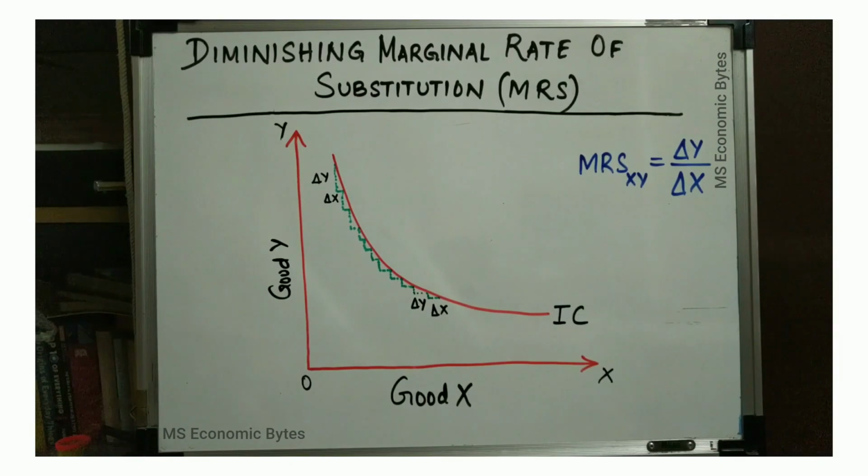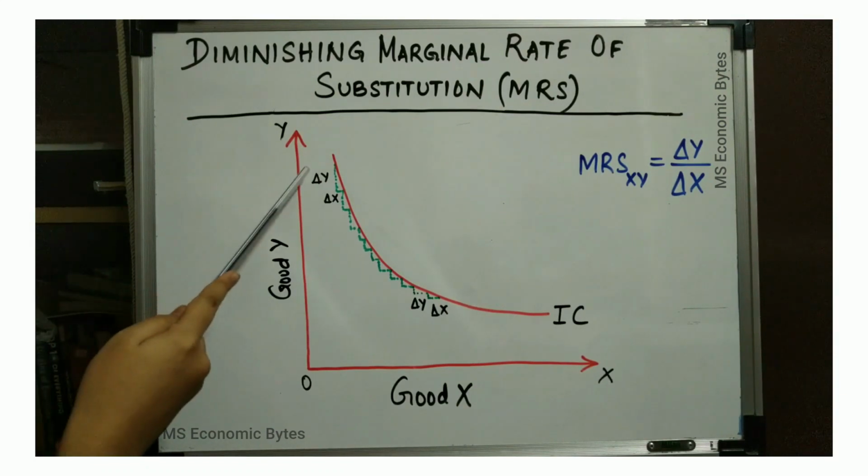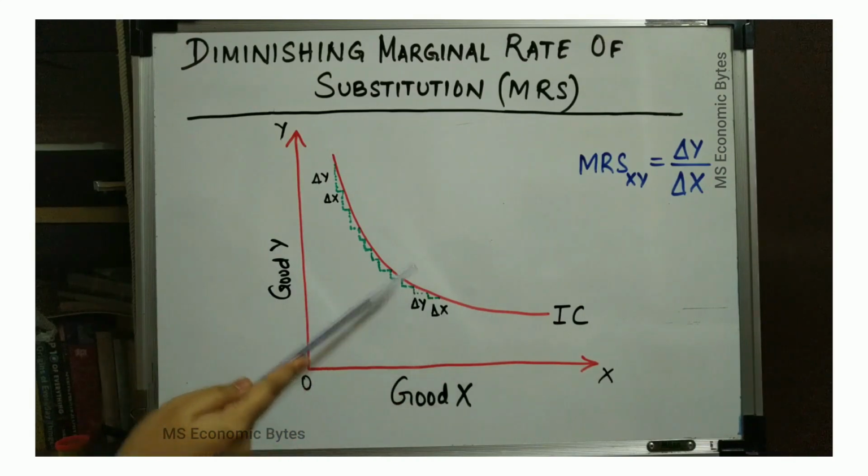Another important concept related to the marginal rate of substitution is the operation of diminishing MRS. The operation of diminishing MRS is responsible for the downward sloping nature of the indifference curve. This operation states that as a consumer consumes more of a certain commodity, let us say in this case good X, he or she is willing to forego less of good Y in exchange for a unit increase in good X. Why does this process take place? This happens because the exchange of good X and Y, in order to remain on the same indifference curve, is different at different places.